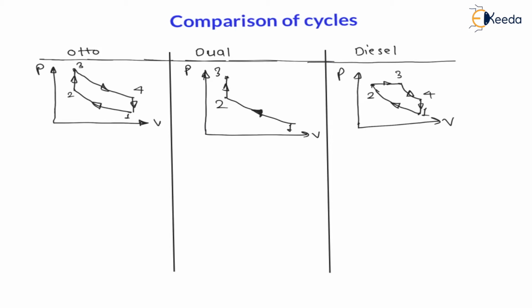And 3 to 4 there will be a constant pressure heat supply again. Means heat is added at constant volume followed by constant pressure process for heat addition. Then 4 to 5 is reversible adiabatic expansion, and 5 to 1 is constant volume heat rejection. That means we can say in all cycles heat rejection is at constant volume, compression is reversible adiabatic, and expansion is also reversible adiabatic. But in case of Otto cycle, heat addition is at constant volume. In case of diesel cycle, heat addition is at constant pressure, and in case of dual cycle, heat addition is at constant volume first and then at constant pressure. These are the various cycle processes of Otto, diesel and dual cycle.